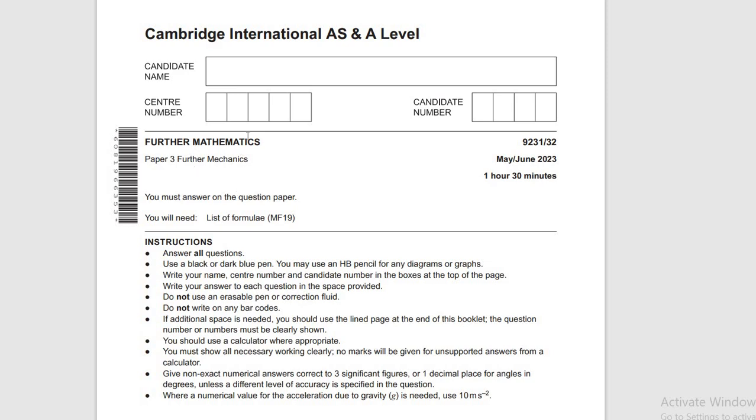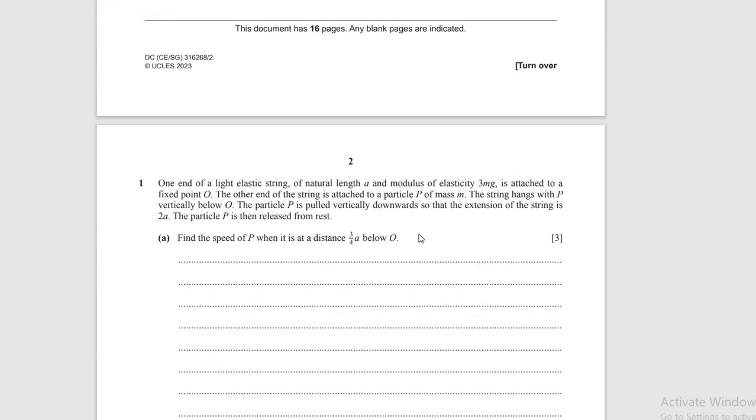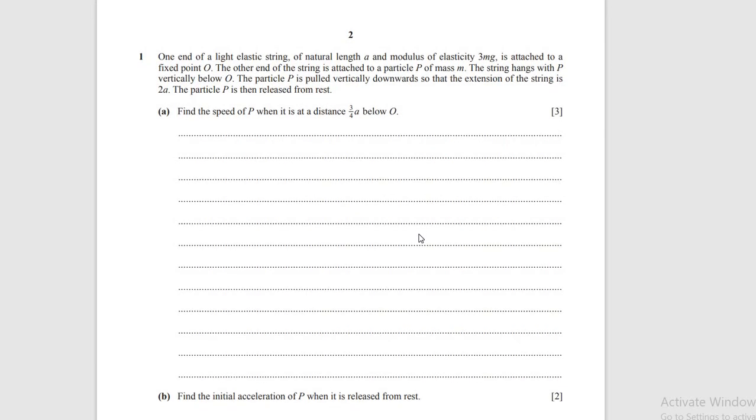Further mechanics, Further Maths, May/June 2023, Paper 3, Variant 2, mechanics paper. The first question is Hooke's law. The question is: